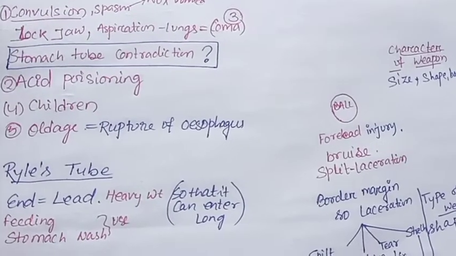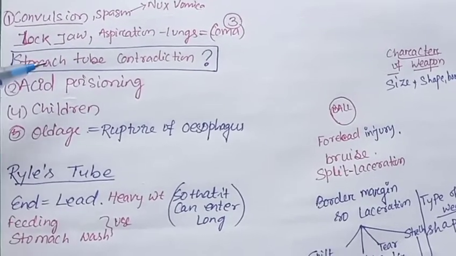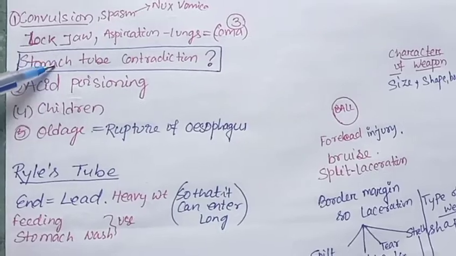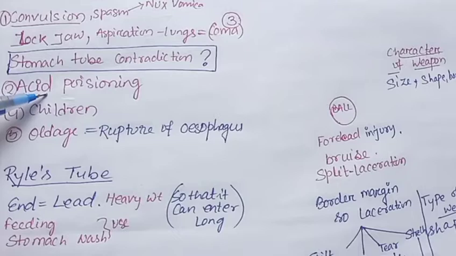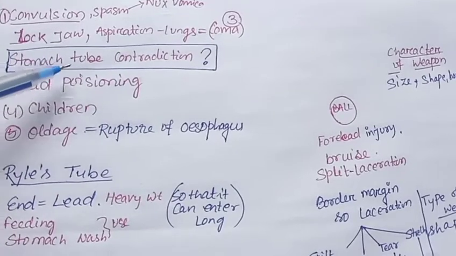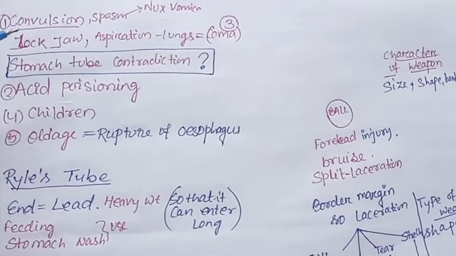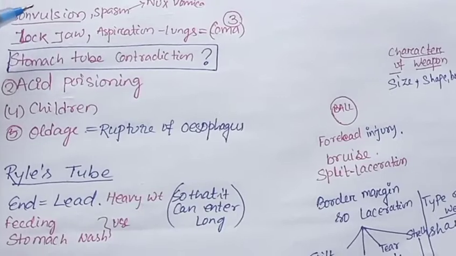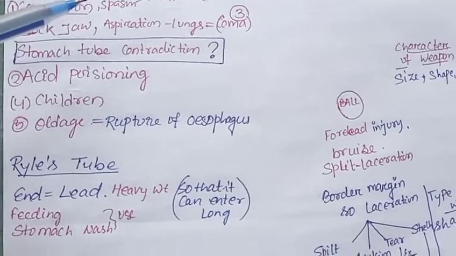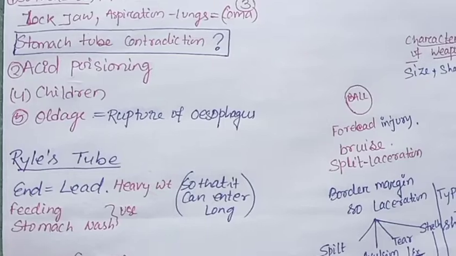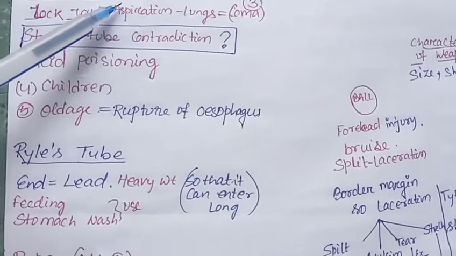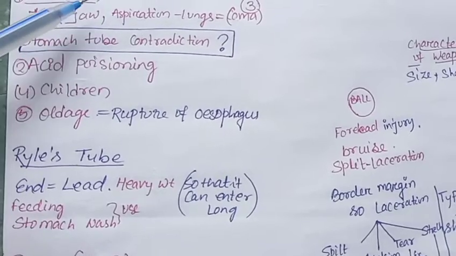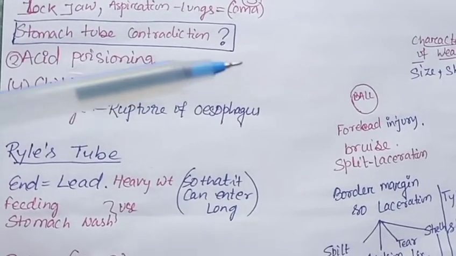So, the third point you should remember: if the person has acid poisoning, a stomach tube can cause perforation of the stomach. That's why in acid poisoning cases the stomach tube is contraindicated. In convulsion, the person having spasm or convulsion, the teeth become clenched, meaning lockjaw occurs. That's why it is also contraindicated, because the stomach tube cannot enter the